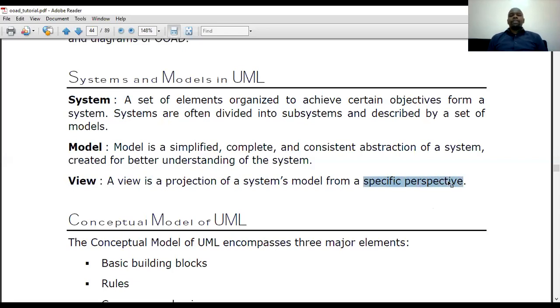For instance, if you are developing a system for computing student results for ZTech University, it may have different